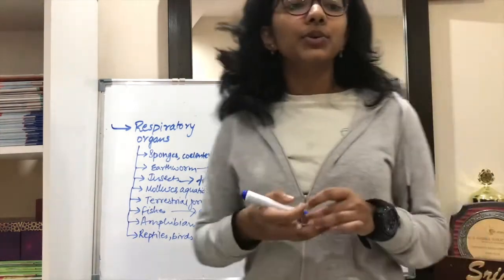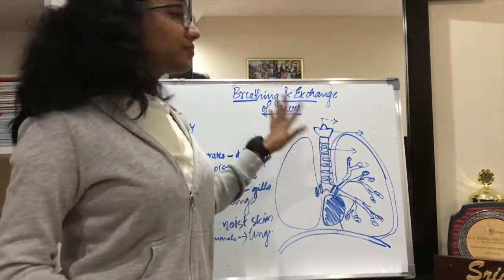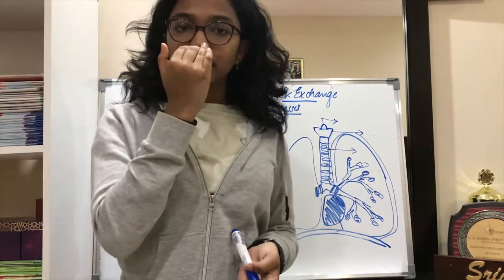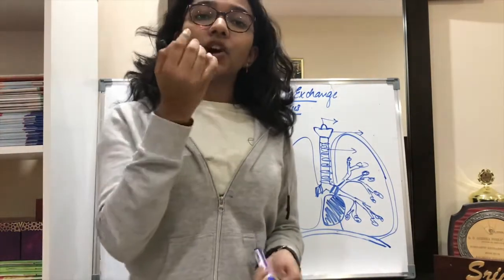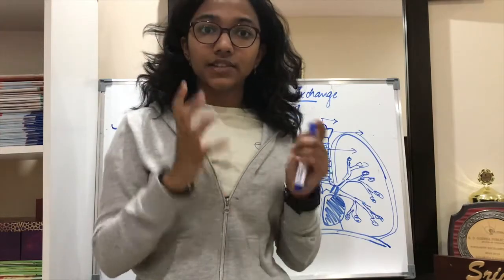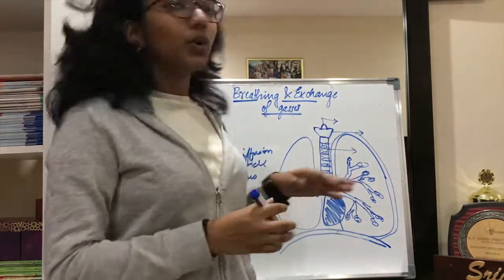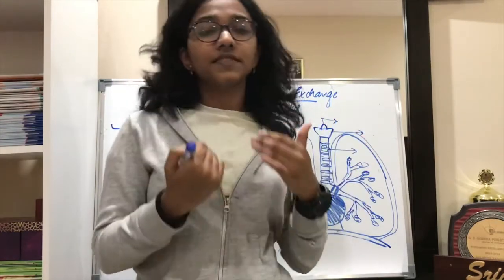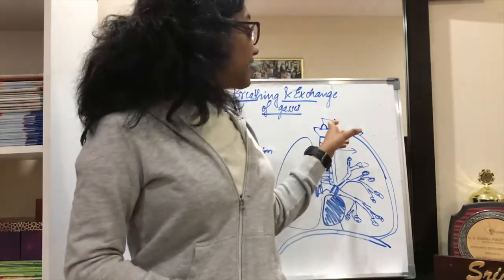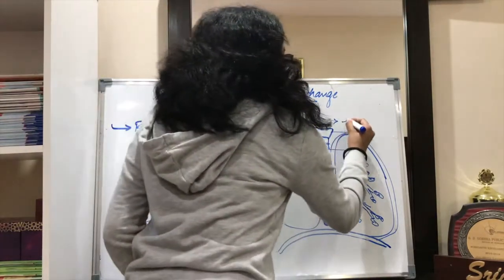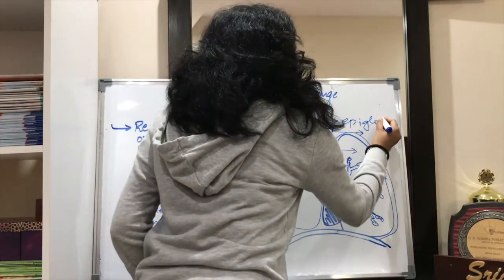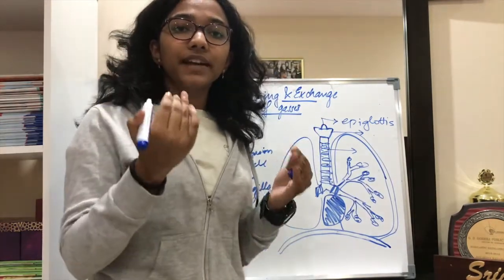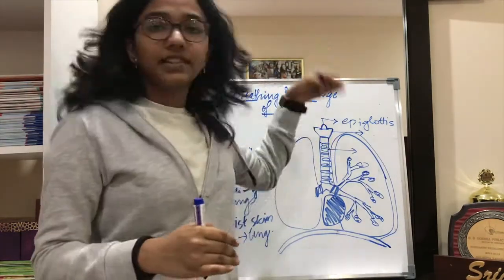Now let's come to the anatomy of the human respiratory system. It starts with our nostrils just above our upper lip. Our nostril passes into the nasal chamber, and the nasal chamber goes into the pharynx. Now the pharynx is one structure that is common to both the digestive system and respiratory system. And in the pharynx there is this structure, the epiglottis. So the epiglottis prevents food from entering the trachea, that is the respiratory tract.